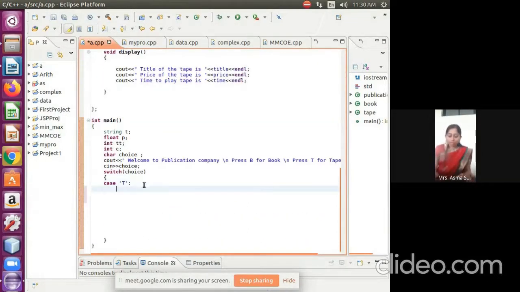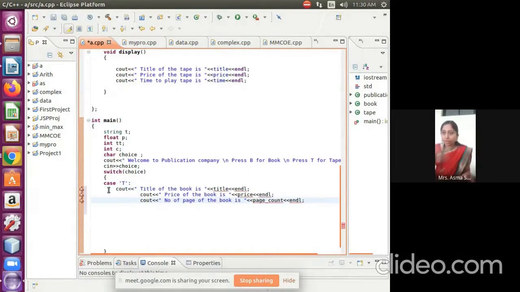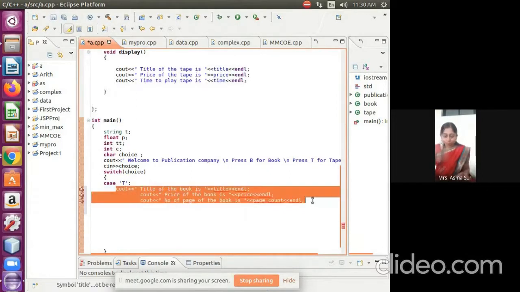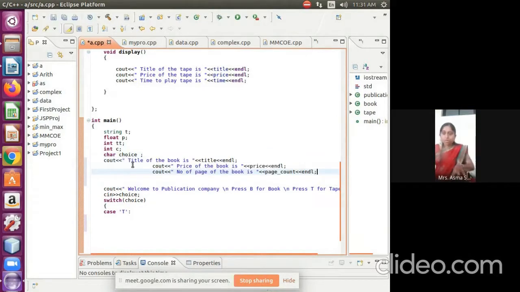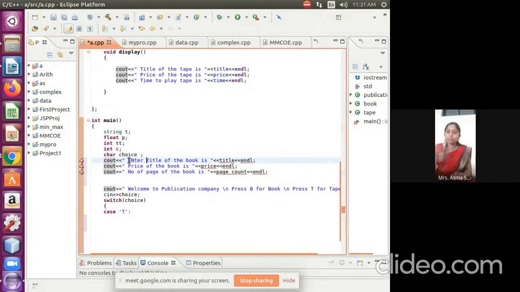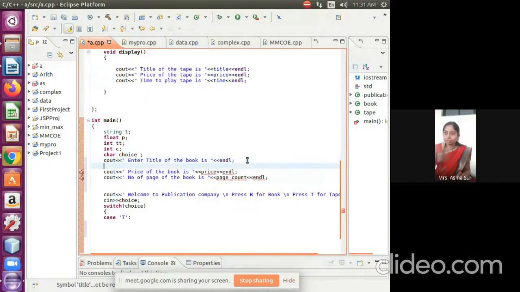So I am asking the users to enter these values. It is not necessary every time to ask the user to enter the title, number of pages. So I am writing here enter title of the book. Now instead of this I am taking the input from the user, and I am asking for a